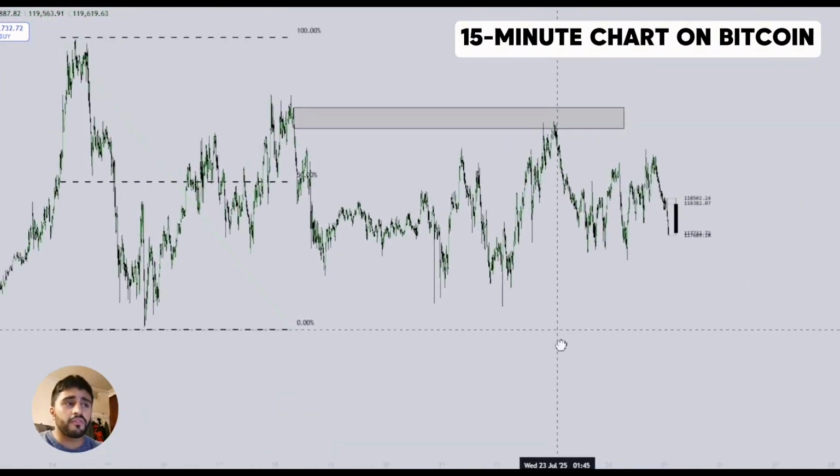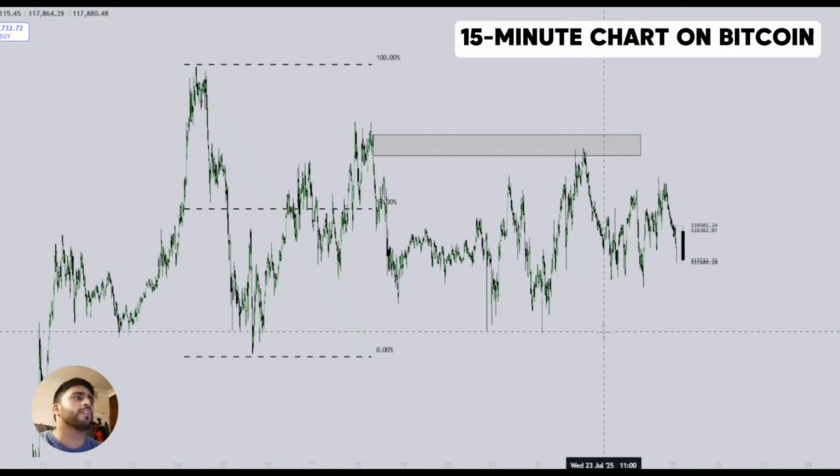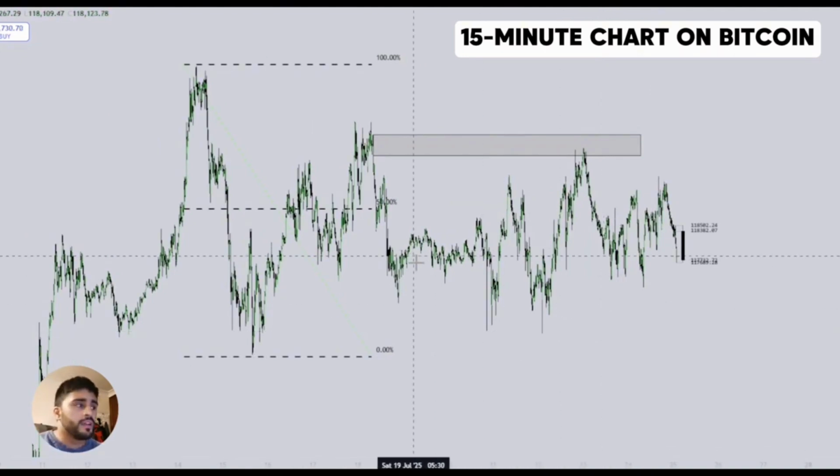So I'm just going to show you a 15-minute chart on Bitcoin. I had a question about how can you use order flow? How can you incorporate order flow with Bitcoin? Well, this is how you do it. So we're looking at